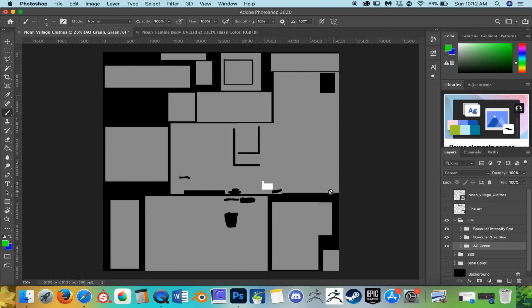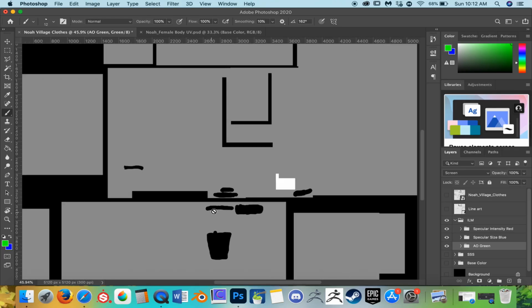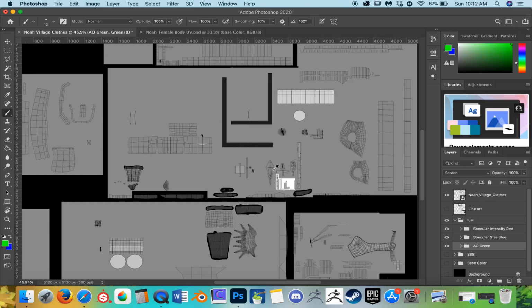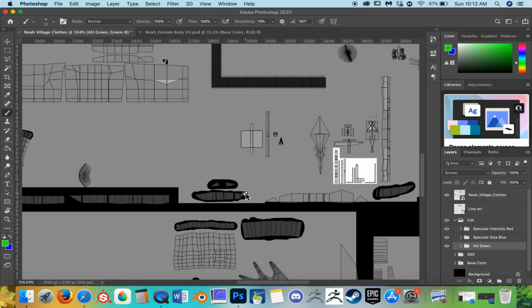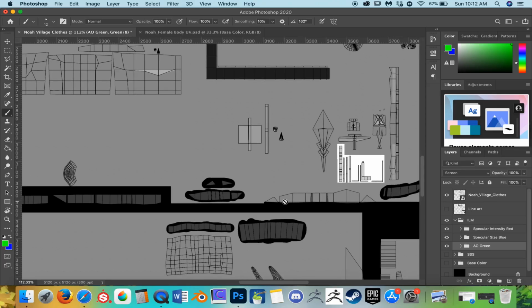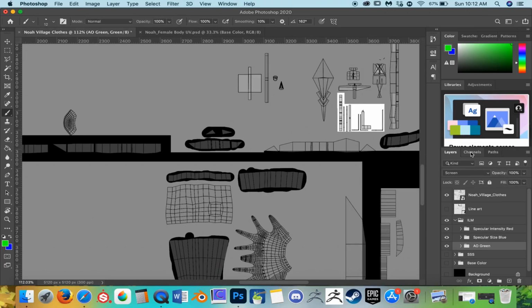shadows on our model. Now, obviously you can just edit your normals, but this allows Arc System Works, and it also allows you to better control where your shadows can be placed so that you can hand paint your own shadows. If I go over here to my village clothes, which is the exported UVs, I did some UV editing, and I exported my UV map and brought it into Photoshop so that I can paint over my UV placement. So let me better explain